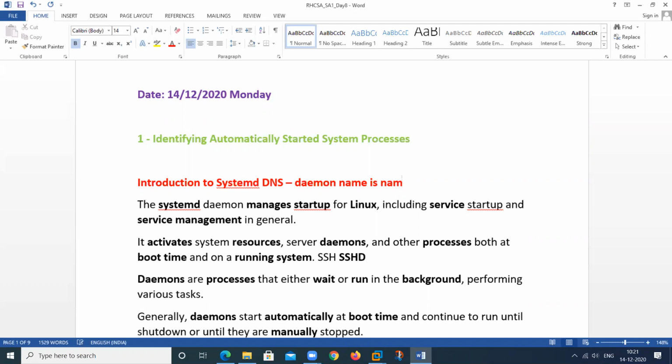The daemon name is named. So this is a daemon. Using this daemon we can start the DNS service, stop the DNS service, resume, restart. All things will be controlled by this particular daemon. So to control a service in Linux, we require a daemon. It's called daemon also. So pronunciation will be different, but the name and spelling will be the same.